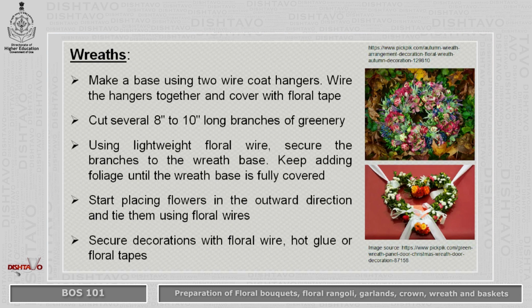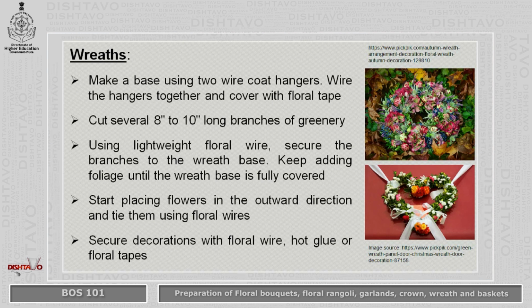Wreaths are used mostly to show respect to the departed soul and for different purposes. The base is already available, using wire or a bamboo frame, wherein you can fix the floral foam itself, and then flowers are cut, not long stalks, 8 to 10 inches long, and branches of flowers and greenery are used.